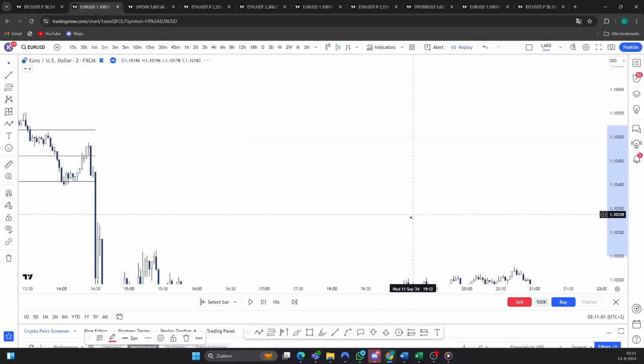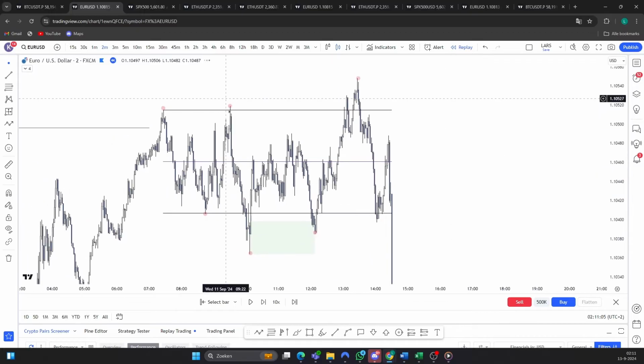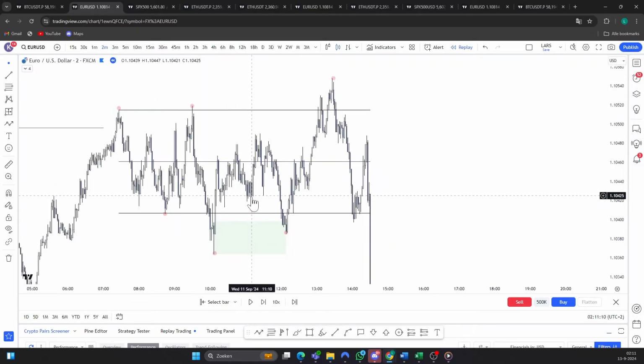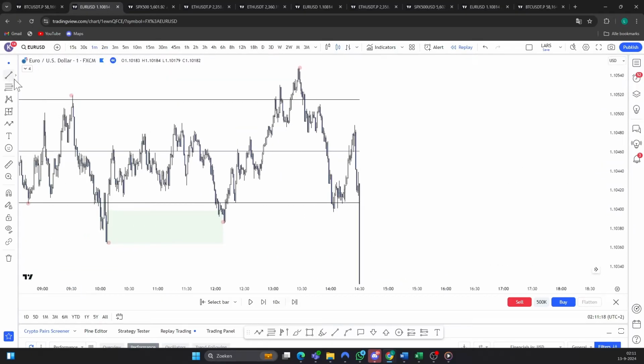We zoom in on the 2 minute. Got the deviation high as well. Deviation at the lows, deviation at the highs. Got that 2 minute demand zone right here, 2 minute order block for our extreme demand. Came into it, went on the lower time frame like the 1 minute, confirmed the entry, and then that is